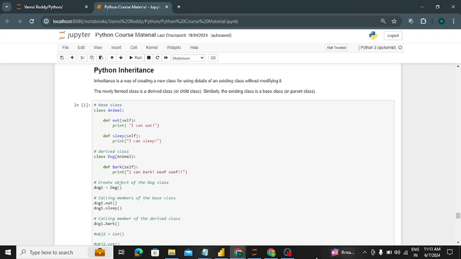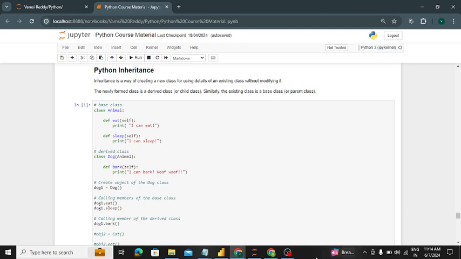Let me complete this. Inheritance means simply we are inheriting from other classes. Basically in inheritance we have a base class as well as a derived class. Here the base class is known as the parent class, and the derived class is known as the child class. So whatever we have written in the parent class, the child class can access. Whatever programs you mention in the base class, the derived class can access. This is inheritance. We are simply inheriting the classes. Clear?